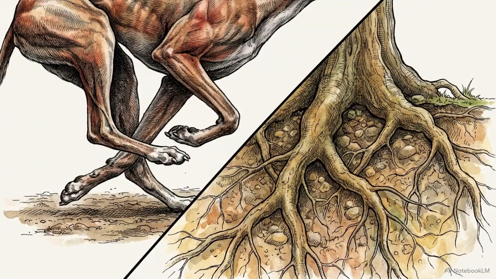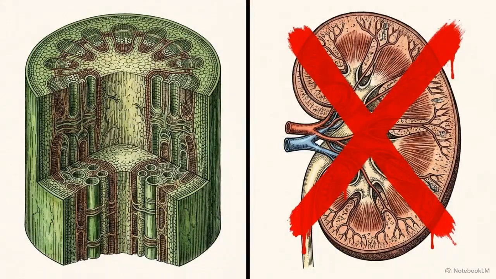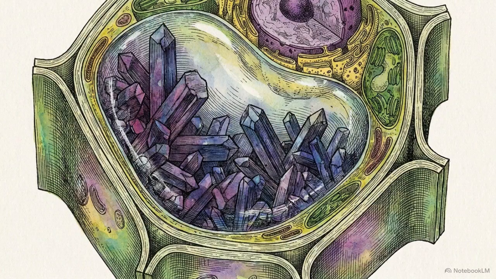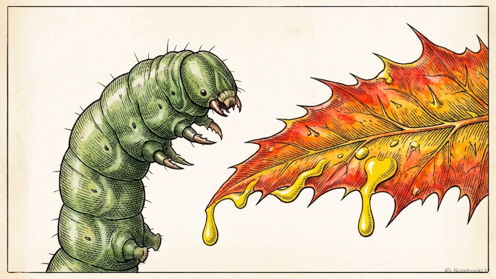An organism's method for handling waste is a strict anatomical consequence of its energy expenditure and physical mobility. Plants completely lack a centralized excretory network. There are no kidneys, no specialized filtration organs, and no continuous fluid streams dedicated solely to waste removal. Instead, plants repurpose their waste. Through internal osmoregulation, these chemical byproducts are locked away to maintain cellular pressure, and they frequently serve as toxic chemical defenses to deter grazing herbivores.